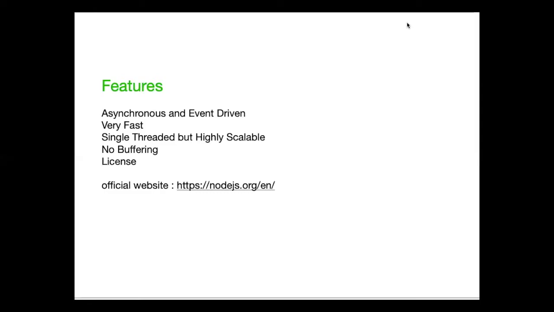And the last thing, that is license. Node.js is released under the MIT license. If you want to know about the Node license, you can go to raw.githubusercontent.com and you can find the license over there. The official site of Node.js is https://nodejs.org/in. That's all. So let's move to the next topic, where we need to know how we can set up Node.js, right? So let's begin.